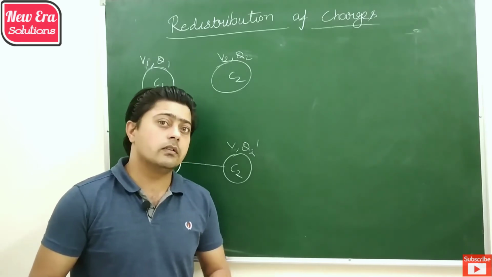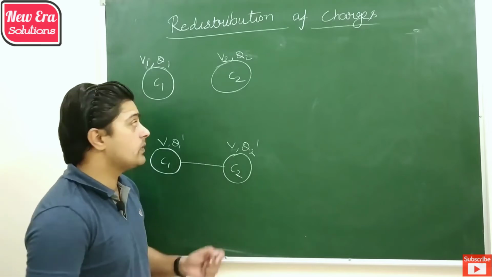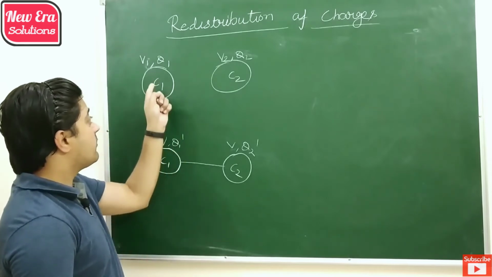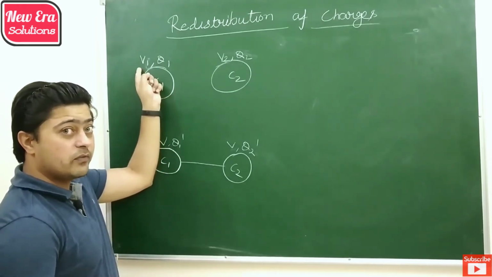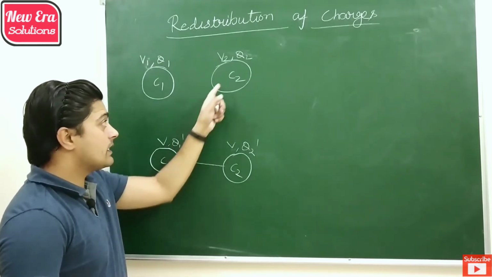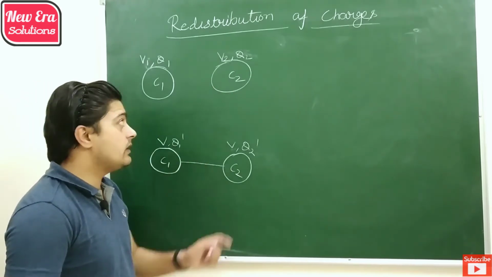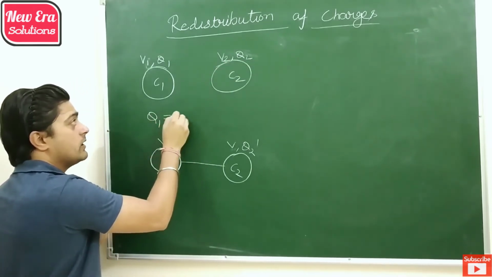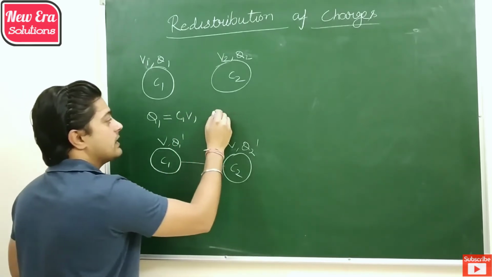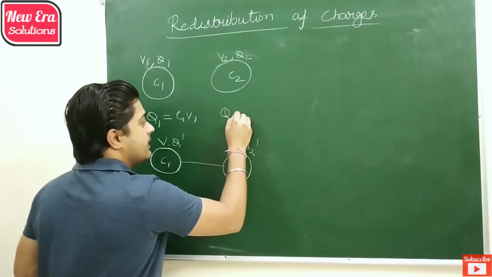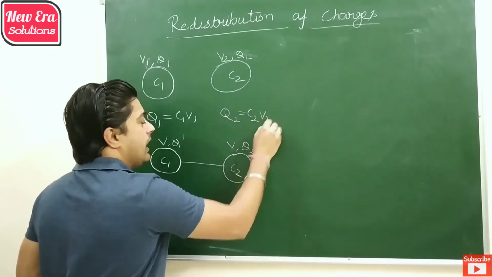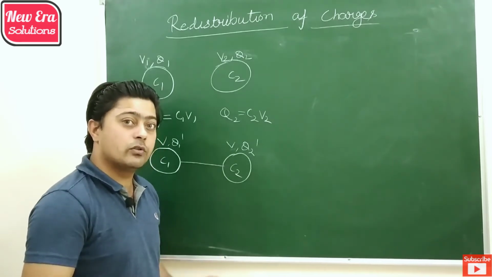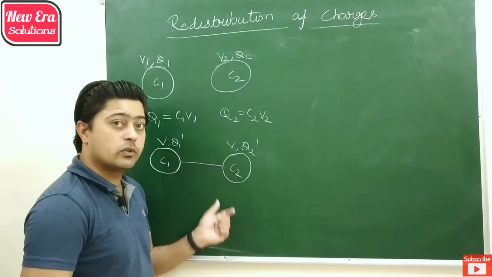To observe that, we have an example in which we have two capacitors of capacitance C1 and C2. The first capacitor is charged at potential V1 and it acquires a charge Q1. The second capacitor is charged with a potential V2 and it acquires a charge Q2. So the charge on the first is C1 V1 and the charge on the second is C2 V2. As we know, there is no third capacitor or any conductor nearby, so the total charge Q1 plus Q2 always remains conserved.